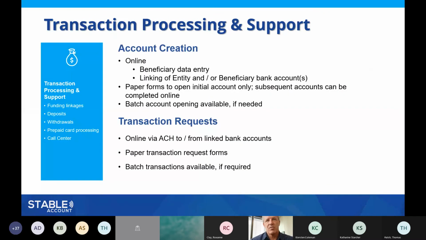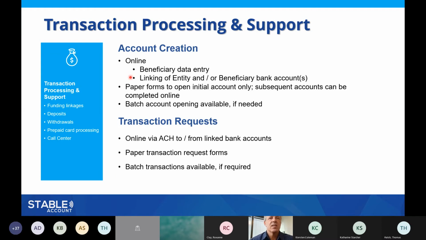So next, after that's all complete and you have your at least first account, if not more, opened, then you can go back on and add more accounts online, just entering the beneficiary data only. You won't need to fill out anything about the authorized legal representative, because it's already there. That's you or the organization. It's actually very short. When you add a new beneficiary online, it's only about 4 screens that you go through: just their information, their eligibility, options for how you want communications, and that's about it to add another beneficiary account.